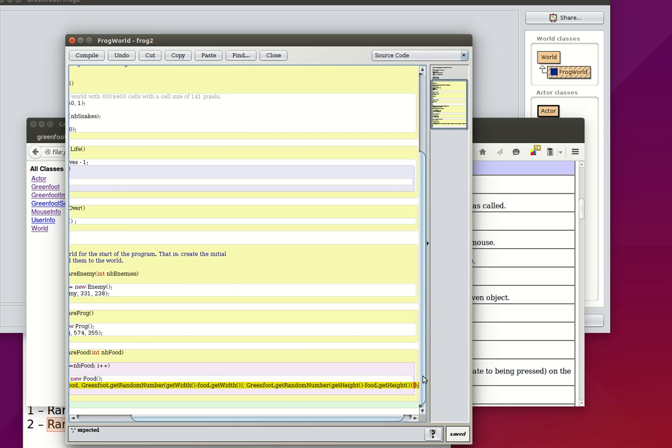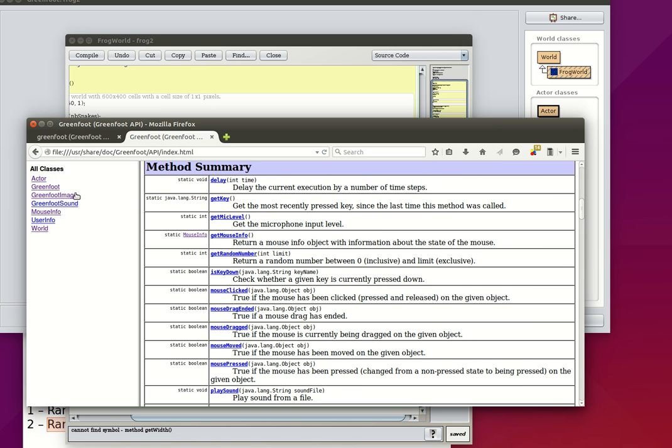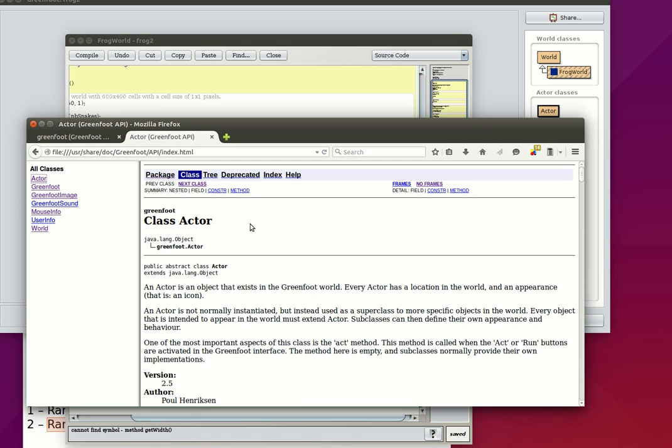Must have the wrong number of brackets. Let's remove one, compile again. Get width, method get width. Okay, so food hasn't got a get width method. Let's have a look at what food has got. Food is an actor,